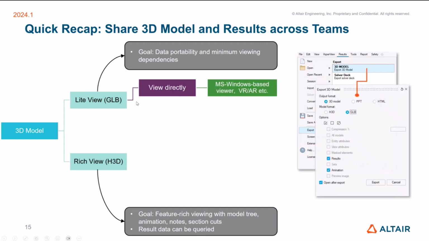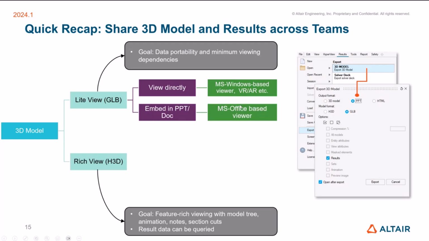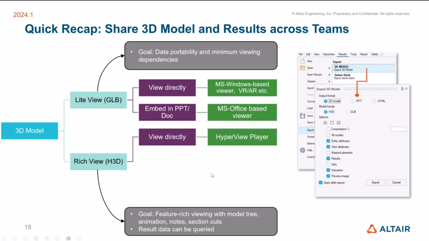With light view, the GLB files, you could directly view it in a Windows-based viewer, or you could even use it in AR, VR applications. You could embed it in PowerPoint. The demo that we see here, this already uses the new reporting API, by the way, but that's an example of how the advanced objects are already supported. With the rich view, when you're referring to H3D, whenever we say that,